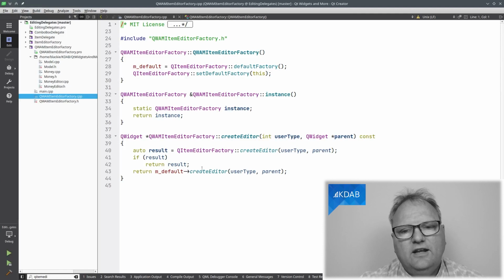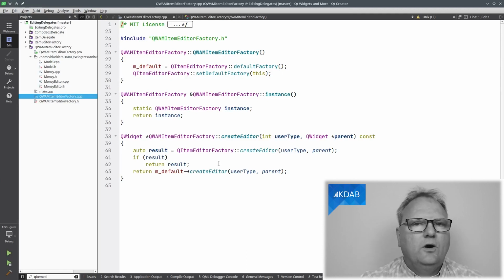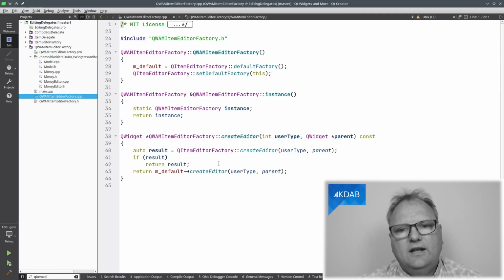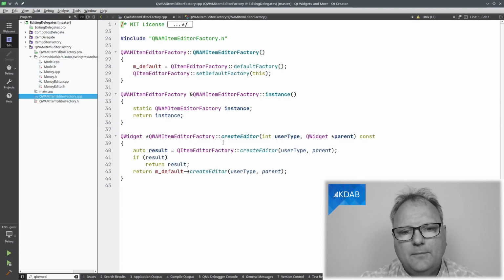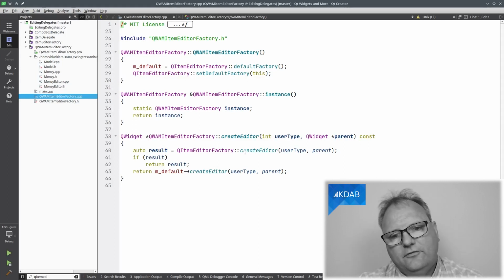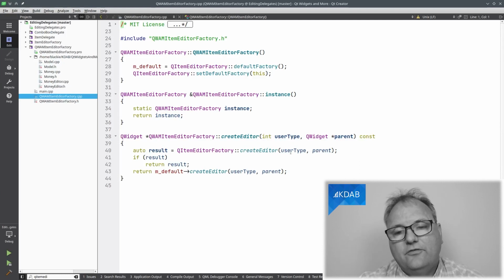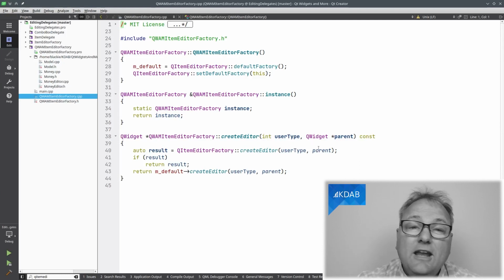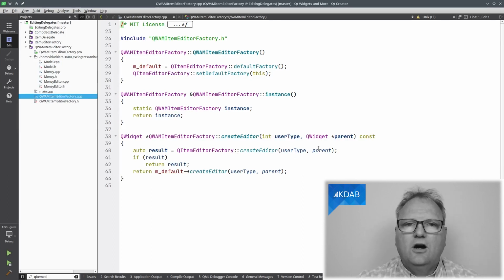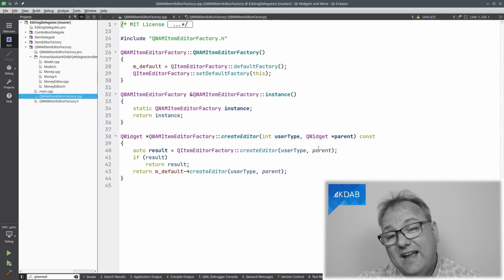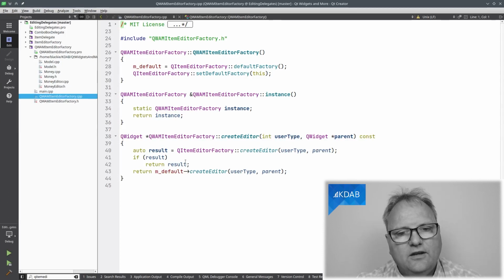And my createEditor down here, that's what the view will call to get an editor for this particular user type. I will use the default implementation that they have, namely go to the ItemEditorFactory::createEditor. So my superclass creates the editor with this user type. If we got an editor out of that, if I had registered an editor, then return that.